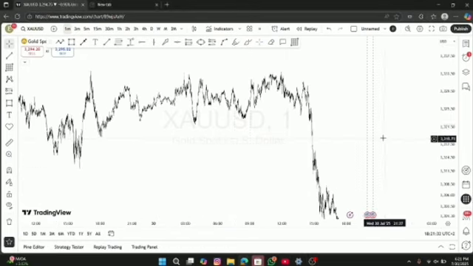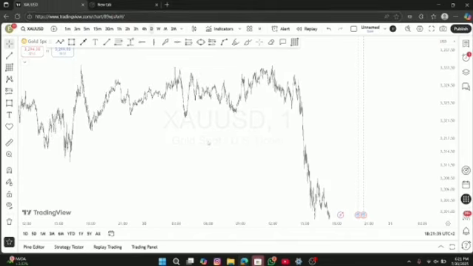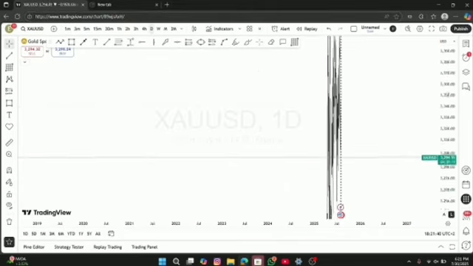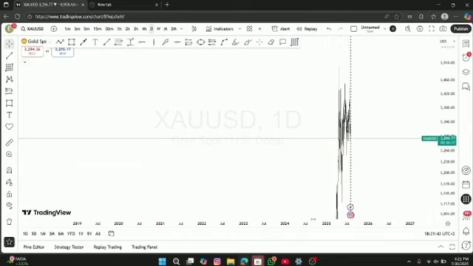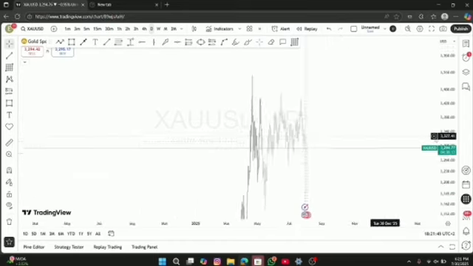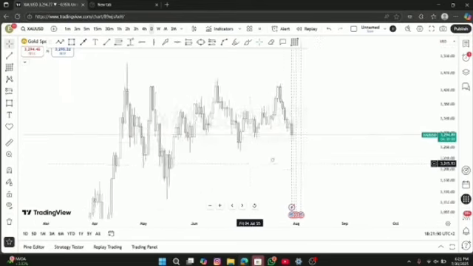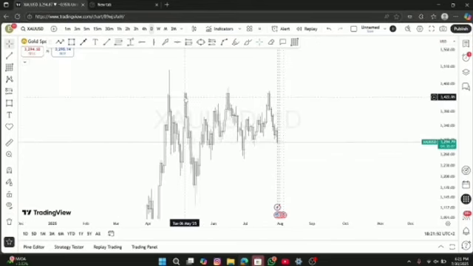Yeah, so this is it. We are moving to the daily time frame. I'm starting on the daily time frame. So what is going on today? I took a sell on gold, which was a pretty clean sell. So what I looked at first, I looked at levels. I searched for levels and